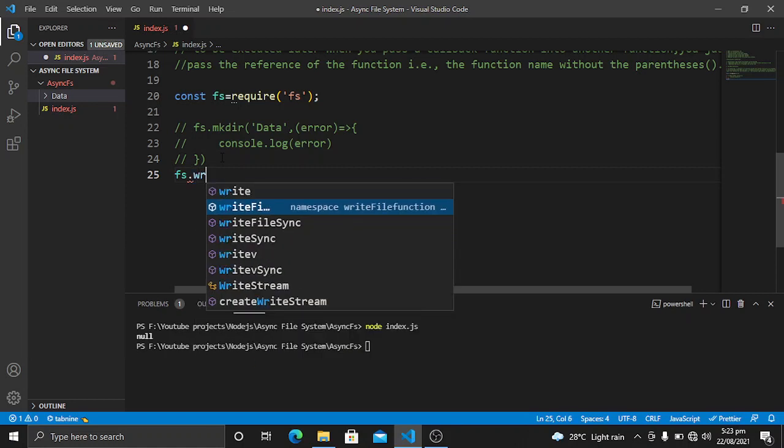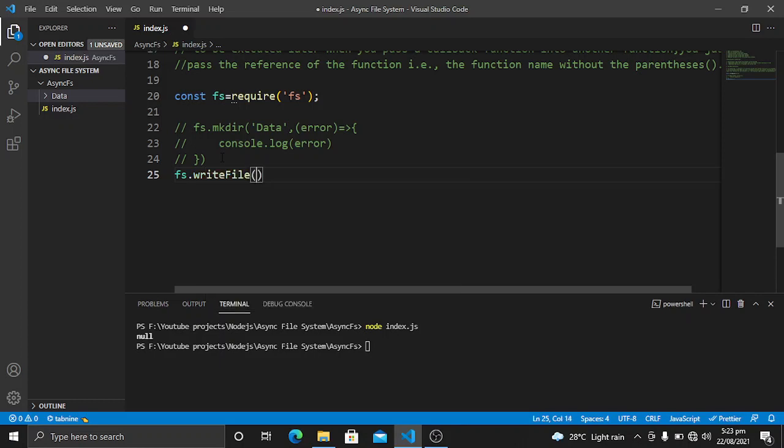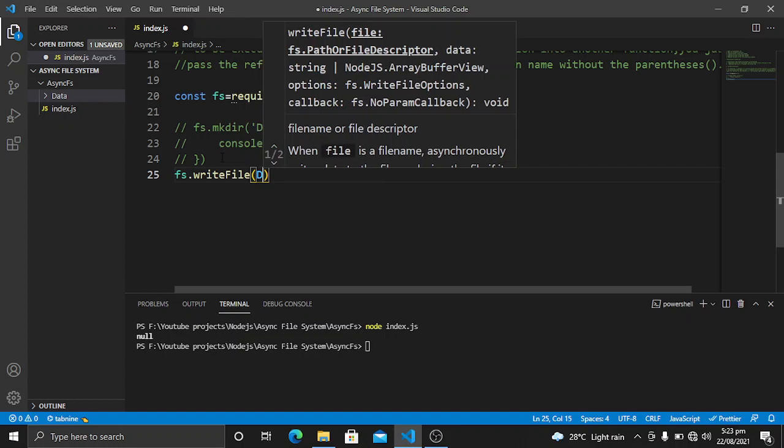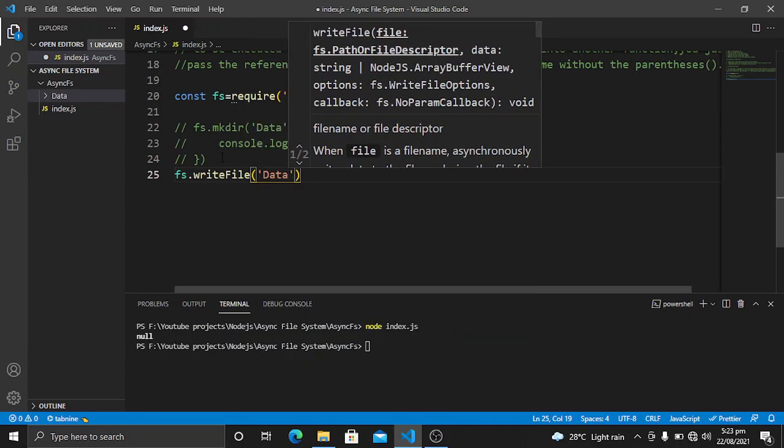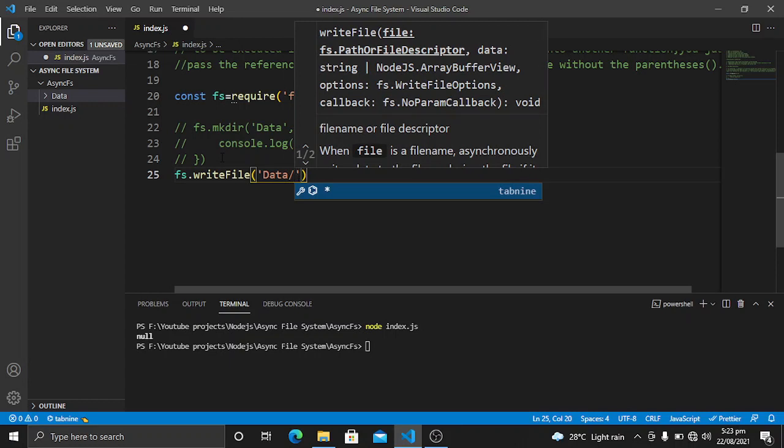So fs dot, as you will see here, we have the options writeFile and writeFileSync. In the synchronous version we used writeFileSync, but in the async version we will use writeFile. Then, in the parentheses, I will give the path of the file to be created.